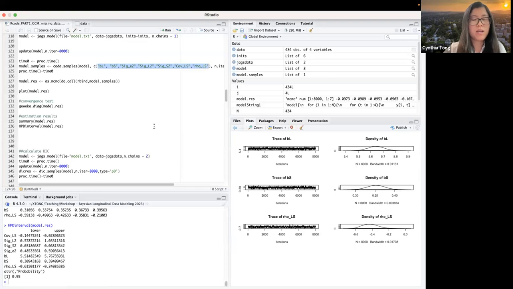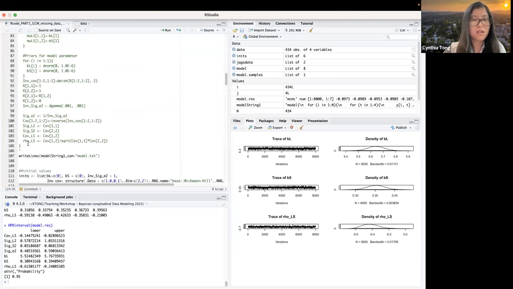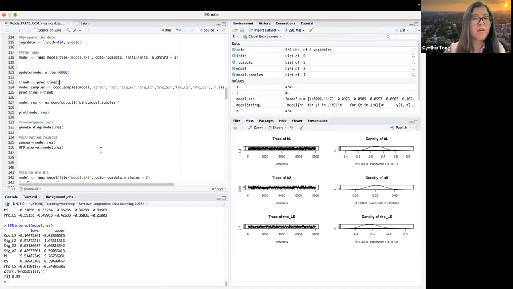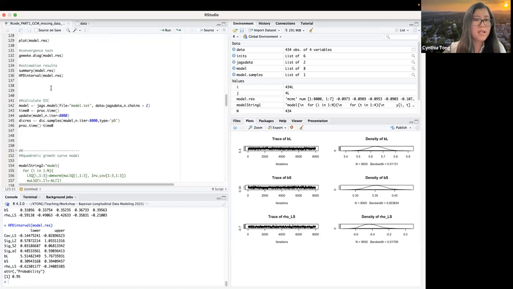But another way is to organize the parameters by saving them into a vector of parameters. Here we only have a PAR, and this way we will have PAR1, PAR2, but you have to figure out which parameter is which real parameter in the model. Okay, so that's for the model estimation.